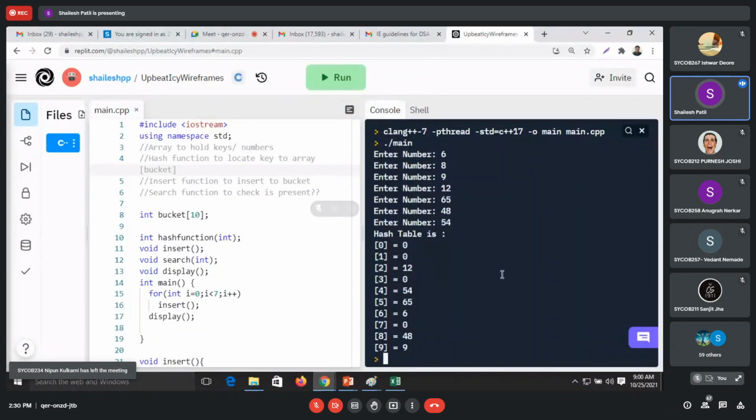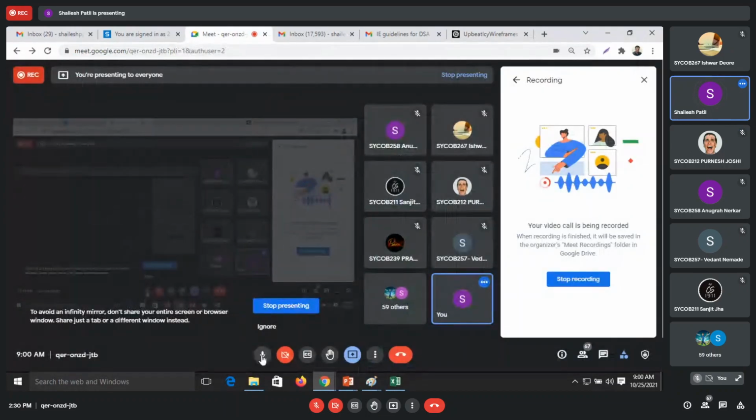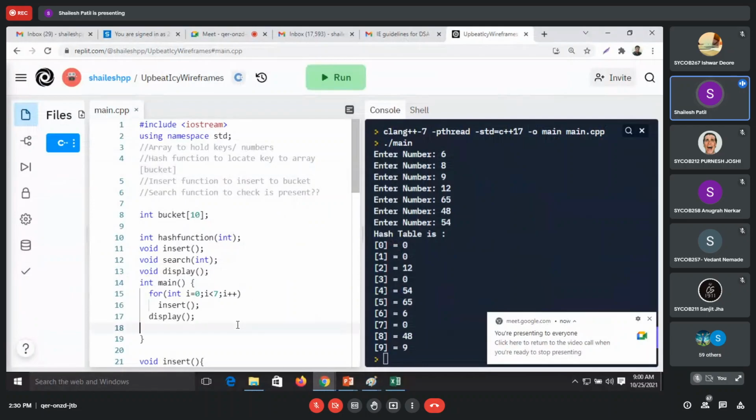Yes sir. Okay, so this is actually about hashing, and to search the element, how can we do this?